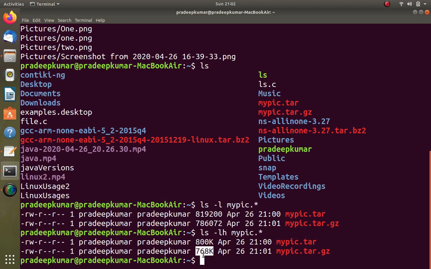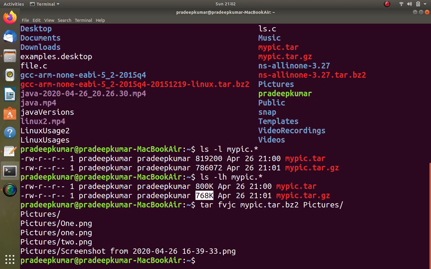So there are multiple levels of compression in gz. Still more, if I want to use bz2, in that case instead of z, I can use j.